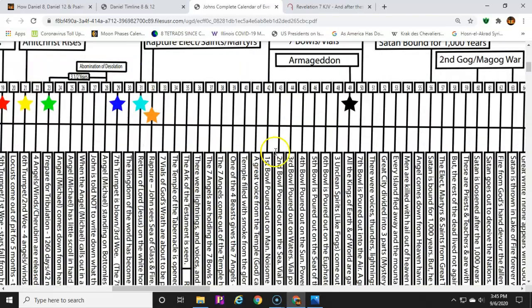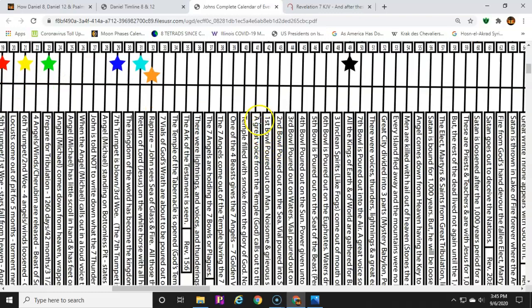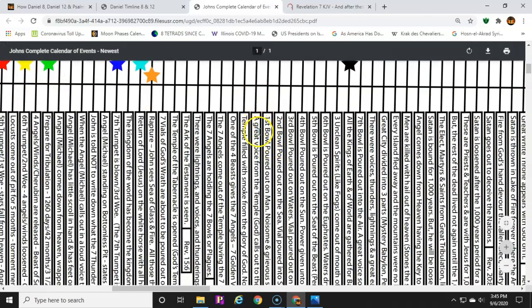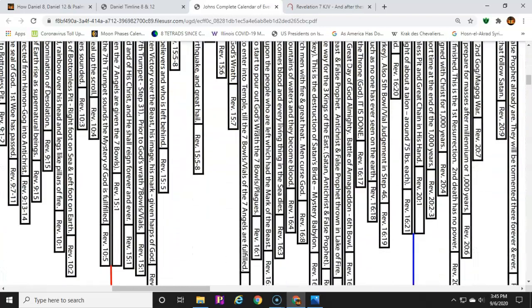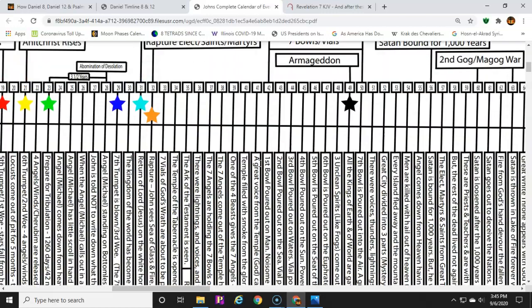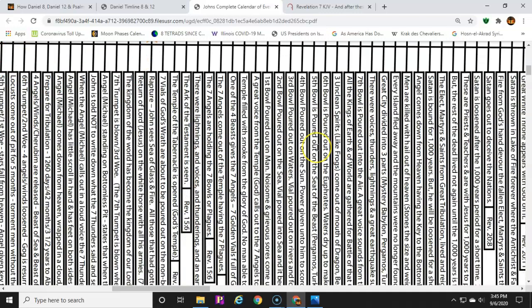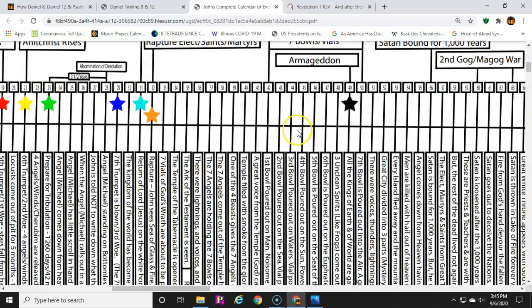Okay, and once God starts to release his wrath, and look at that, 41, a great voice from the temple of God calls out to the 7 angels, start my wrath. I am done with this madness, and I am going to lay down wrath upon what's left, and they're the wicked. Okay, so God is now releasing his wrath, not the wrath of the Lamb and the destruction of God, which was on the 6th seal prior. So we start to see these bowls start to drop.